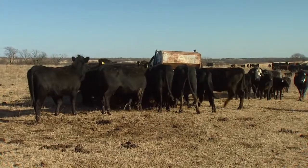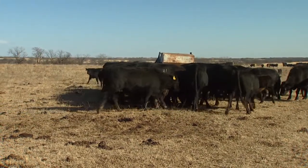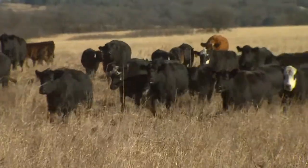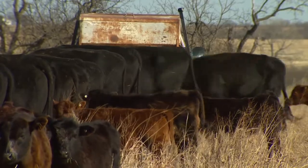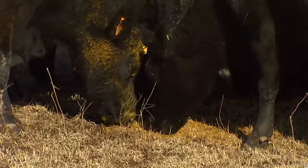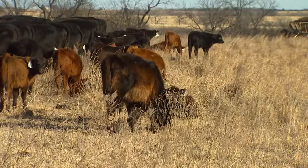Here at Oklahoma State University, we made the same change a number of years ago and saw a similar shift in the calving pattern. When we put out the big round bales and the supplement at dusk, we had over 70% of the calves born between 6 a.m. and 6 p.m. The biggest study to date that I know of concerning this topic was done in Iowa,